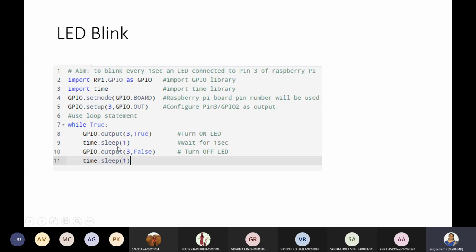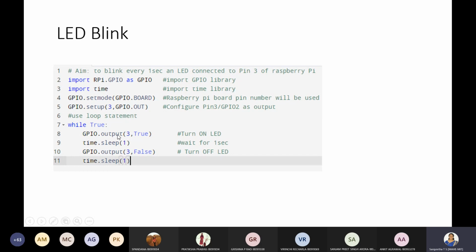I'll be adding a delay of 1 second. Okay, wait for 1 second, because this will enable the system to show the output for a duration of 1 second.